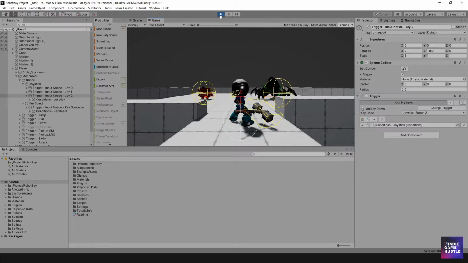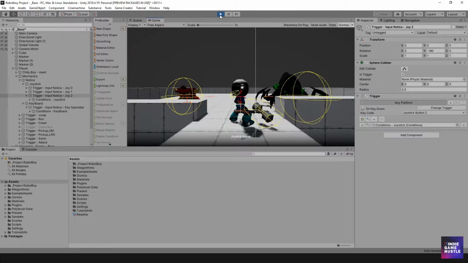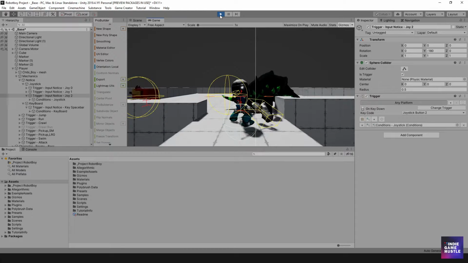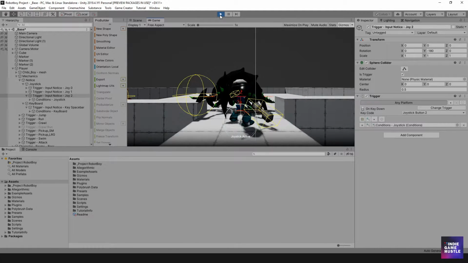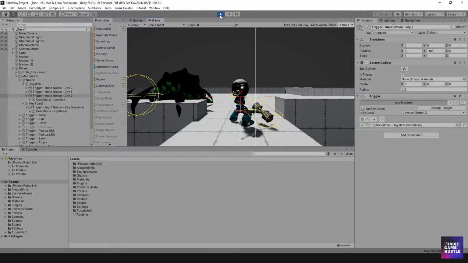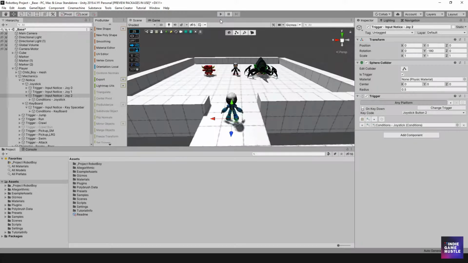And I'm going to go ahead and hit the X button on the controller. And it is working indeed. Hit the space bar. Keyboard active, hit the X. Joystick active. Okay, great. All right, so that's working fine. So now we can just go ahead and continue forward here